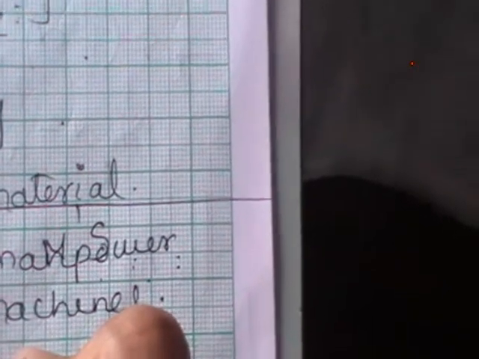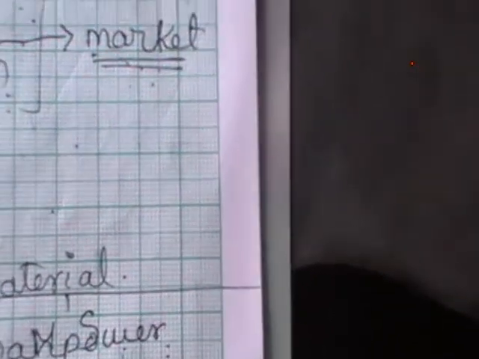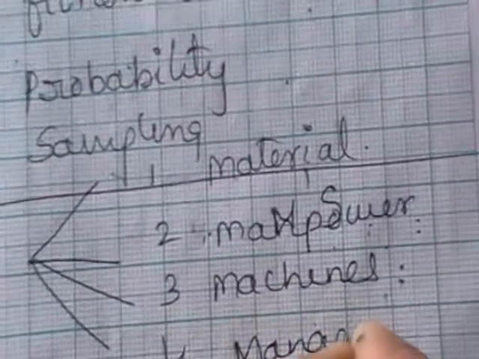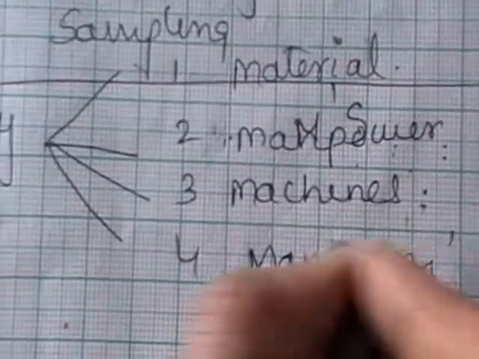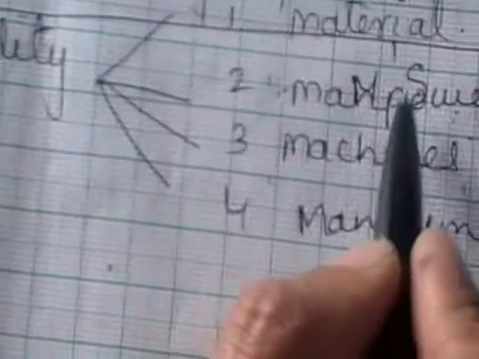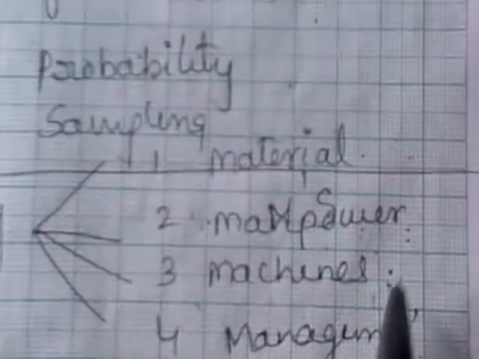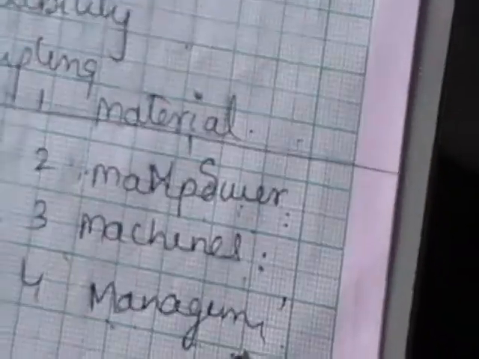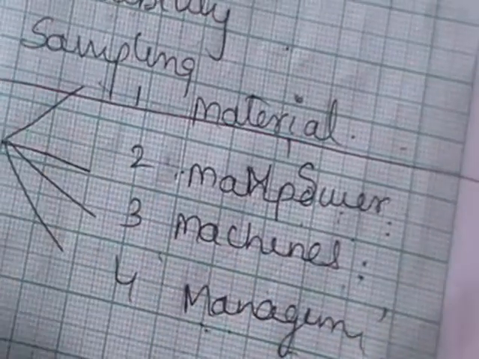Next one is nothing but quality of management. So all these depend upon the quality of the management. So management are nothing but the administrative or the managers or the higher officials who supervise all these, and they are called the management. If the management is good, or if the implementation of the management is good, then you are going to get a good output of the industry.